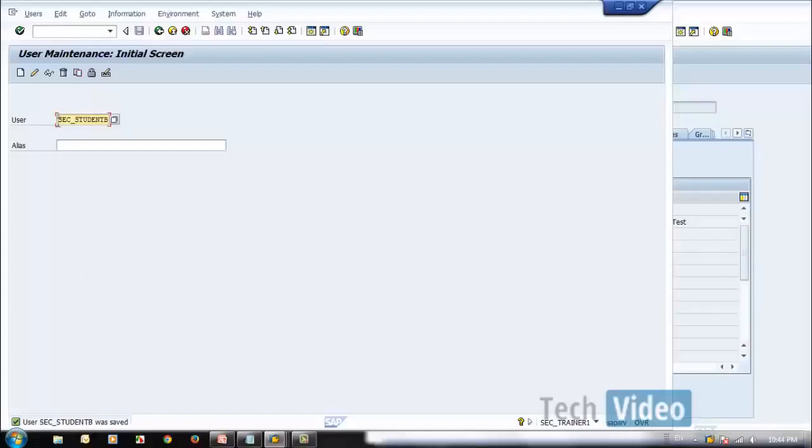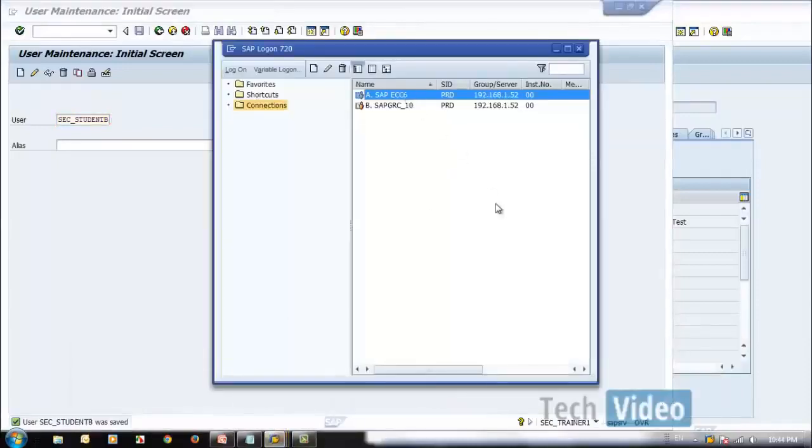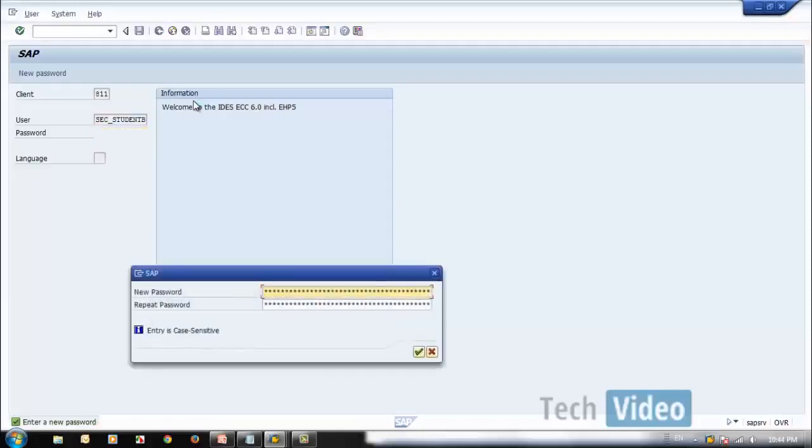Okay, let me try to log in. Right now I am in 810. Let me log into 811. This is the user which we created, security student B, and let me put the initial password so we can log in.